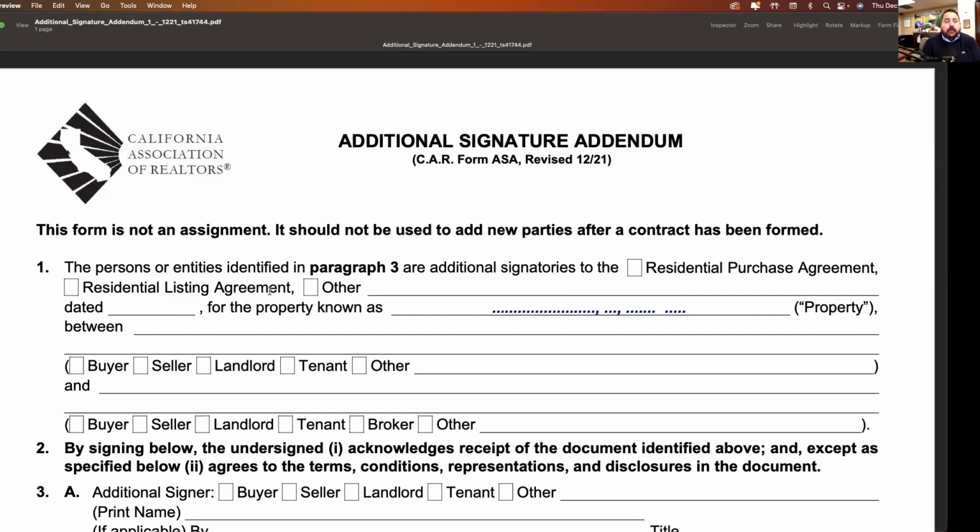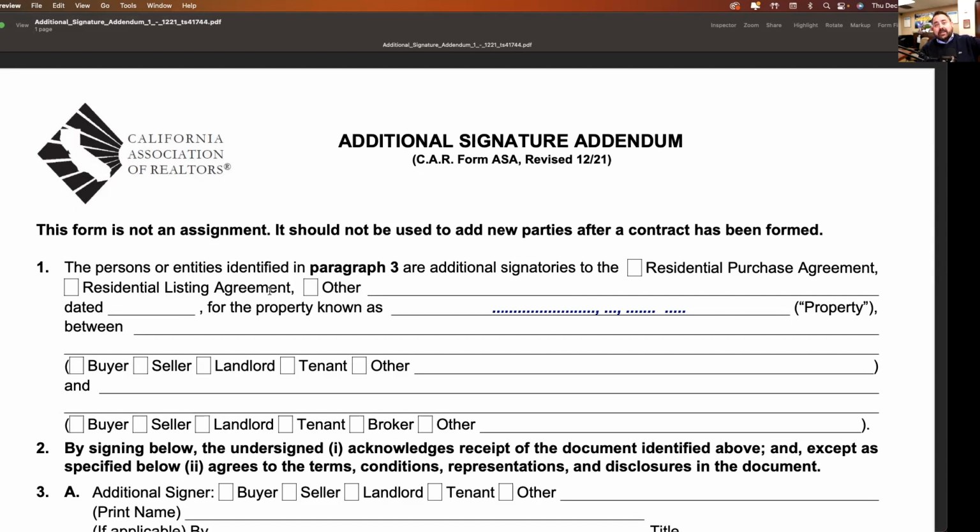That's the right way. But again, for disclosures, I will okay you guys making those additional signature lines and signing it on the actual form. I'm okay with that. Other brokers may not. They may require it. So if you're on the buyer side and you have done the additional signature addendum for your purchase agreement and for everything else,